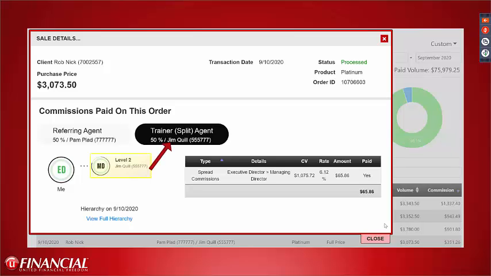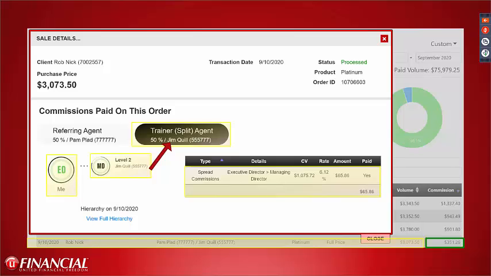So here's the short view. Jim is that half of the sale, me, and then I made another $65 on that side of the sale for a total of $351.26 on a $3,000 sale that pretty much I didn't have to lift a finger for. I just overrode that because it was in my base shop. So if you look down at the bottom right in the little green rectangle, it shows you as the executive director exactly what you made in your override.